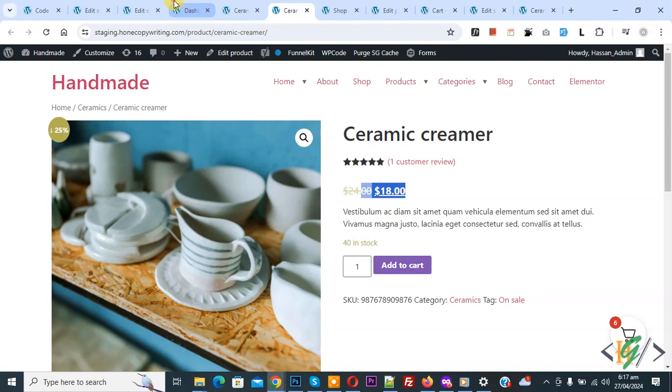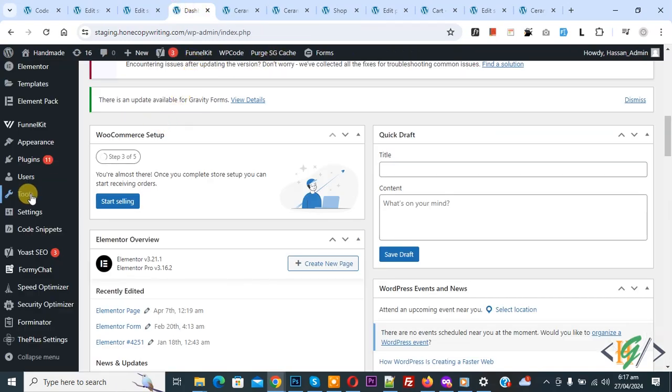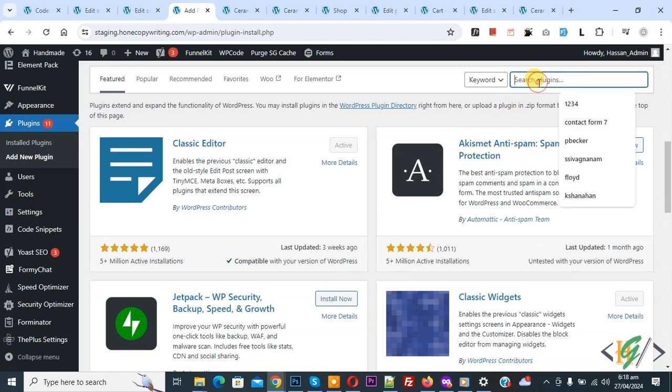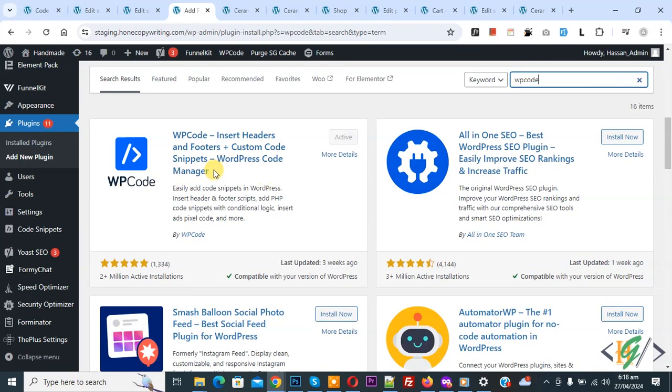Now go to dashboard, on left side you see plugin. So click on add new plugin, then in search plugin write WP Code. So this is plugin WP Code, Insert Headers and Footers, we will use. So you will install this plugin and activate it, and after activation on left side you see code snippet and